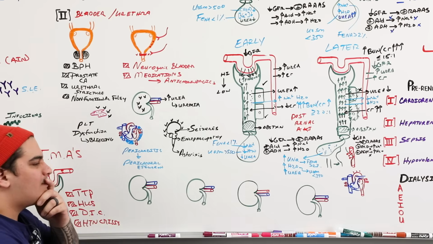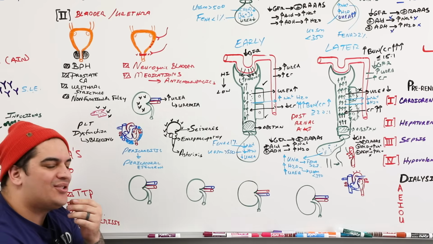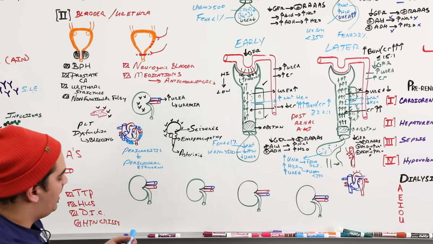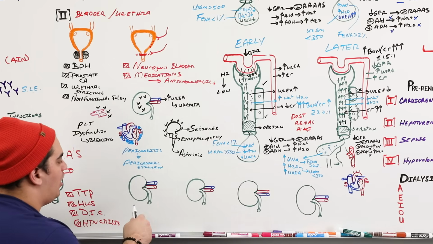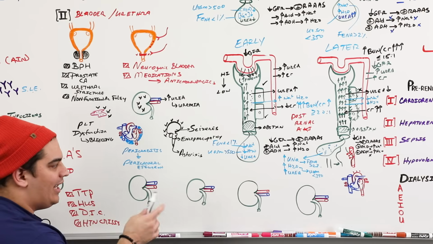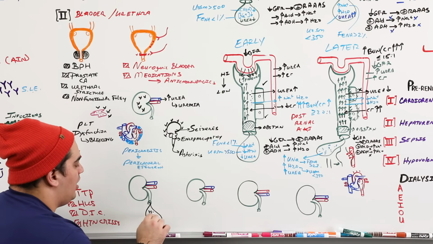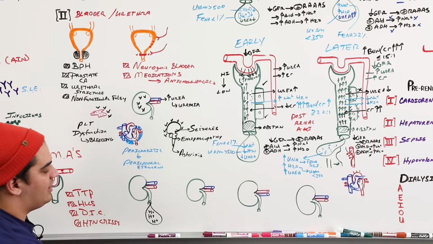What else? The kidneys are so good at being able to maintain our acid-base balance. Whenever the kidneys are naturally really functional, and we need to be able to maintain our acid-base balance, our kidneys should be able to excrete protons in the urine whenever we're in an acidotic state.